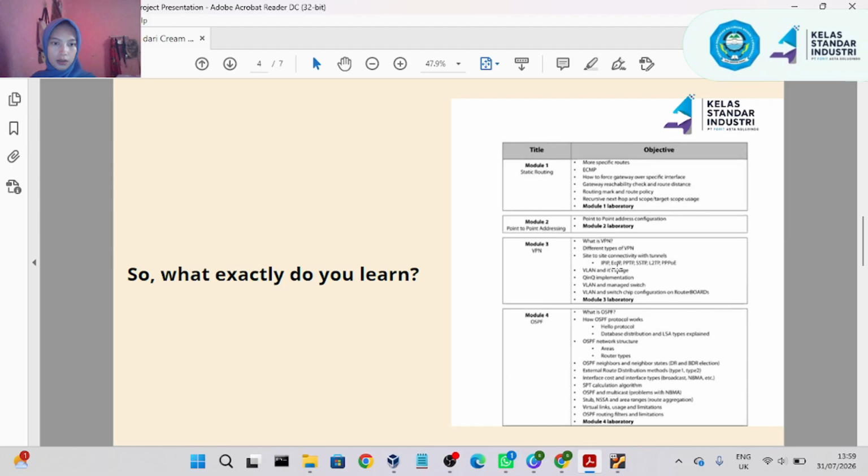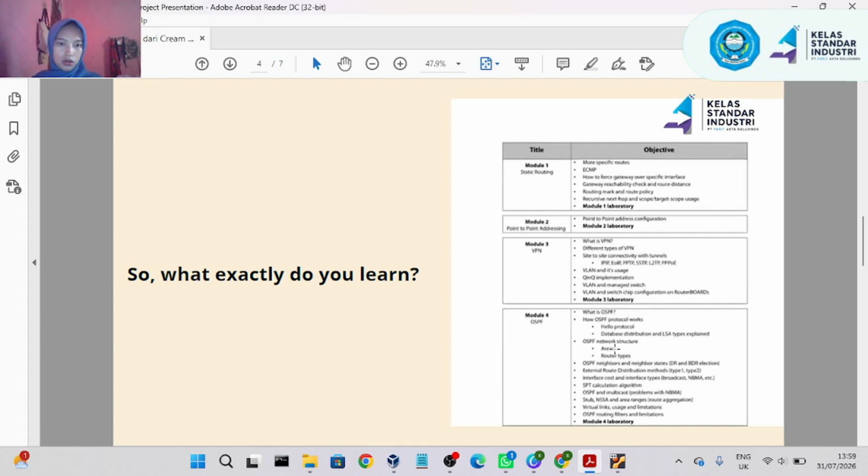IPIP, EoIP, PPTP, SSTP, and PPPoE. Module 4, how the OSPF protocol works: the Hello protocol, database distribution, and LSA types explained.